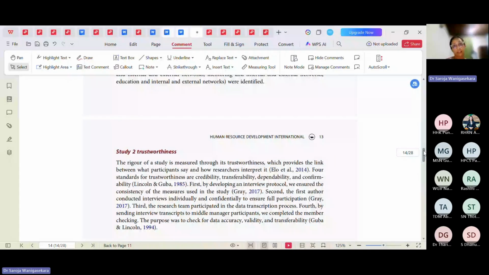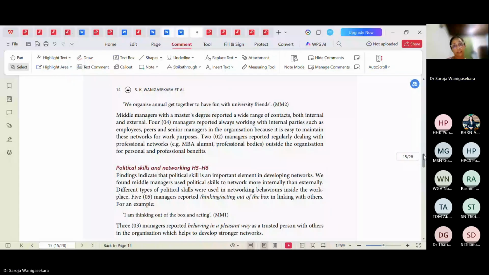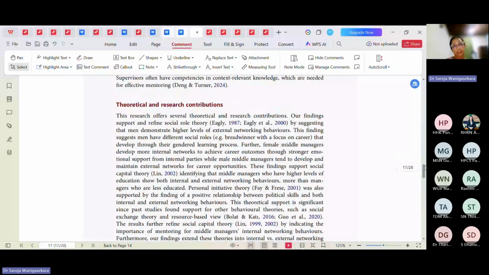So if you want to, you can search these articles on the web. This is one of the articles. There are a lot of articles. If you want to find out the articles and see the way that you can do the mixed method, there are articles. If anybody needs them,